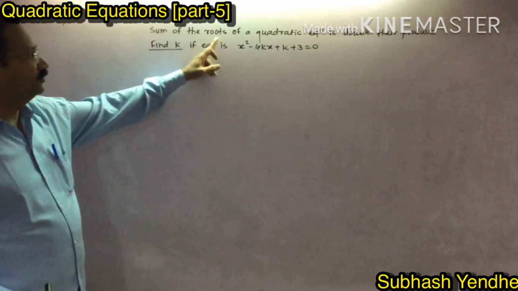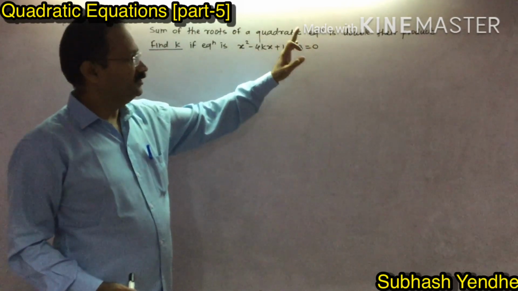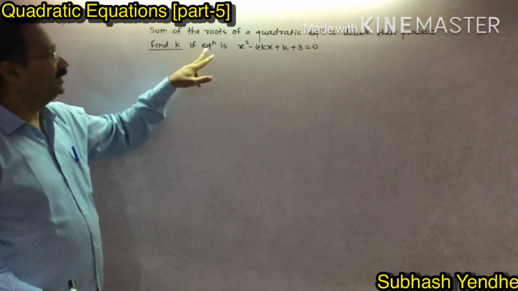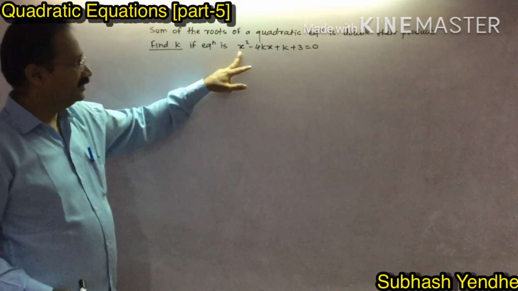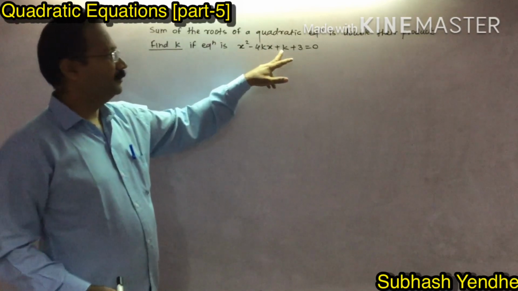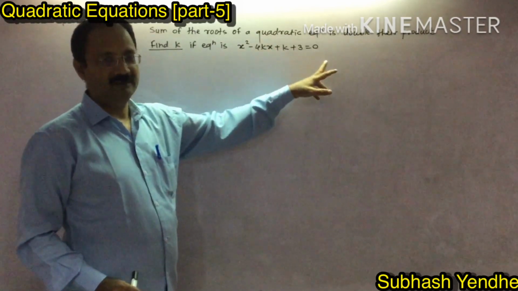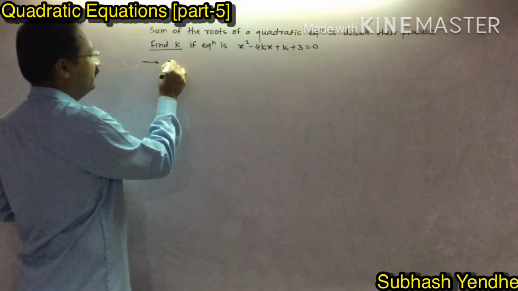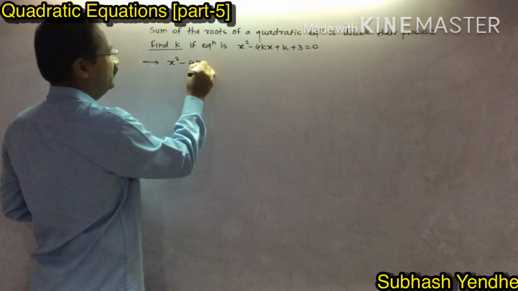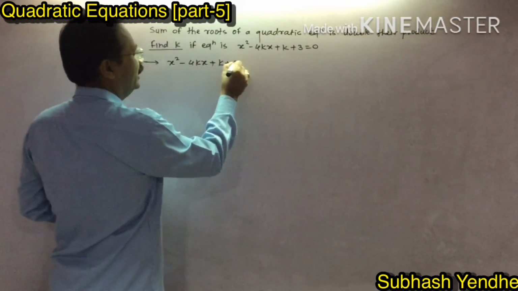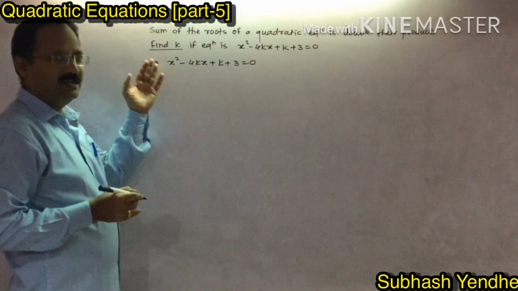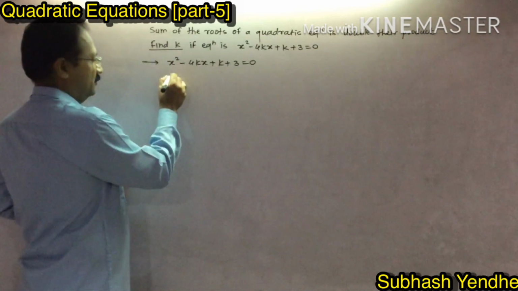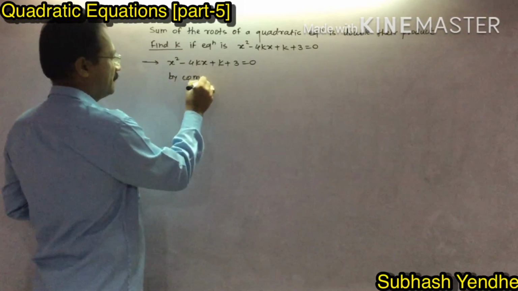The sum of the roots of the quadratic equation is double their product. Find k if the equation is x square minus 4kx plus k plus 3 equals 0. I told you that the given equation should be in the form of ax square plus bx plus c equals 0. By comparing with